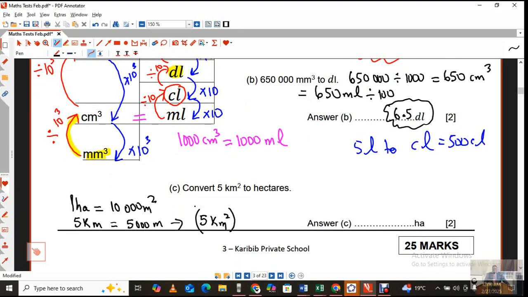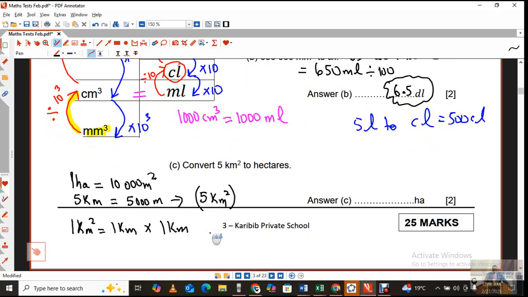So let me just write it down here using a unit. 1 square kilometer is the same as 1 kilometer multiplied by another kilometer. Now you should know that kilometer times kilometer, if you change it to meters, is the same as 1,000 meters times 1,000 meters, which is a number with 6 zeros, and that is going to be 1,000,000 square meters. So this is going to become 5 million